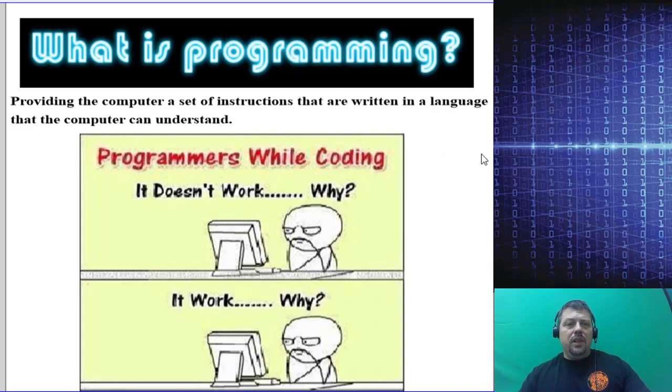So computers speak a certain language by default at the CPU level, and I'll get into that a little more later, but the higher level programming languages that we're going to learn are filtered through an interpreter and then rewritten into a language the computer can understand and then fed into the CPU. So there are layers of complexity to computer programming. And often as a computer programmer, you'll type up a big program and then it'll fail and you're not really sure what's going on. You've got to debug it. And then sometimes you're surprised when it works as well. So that's what that little cartoon's about.